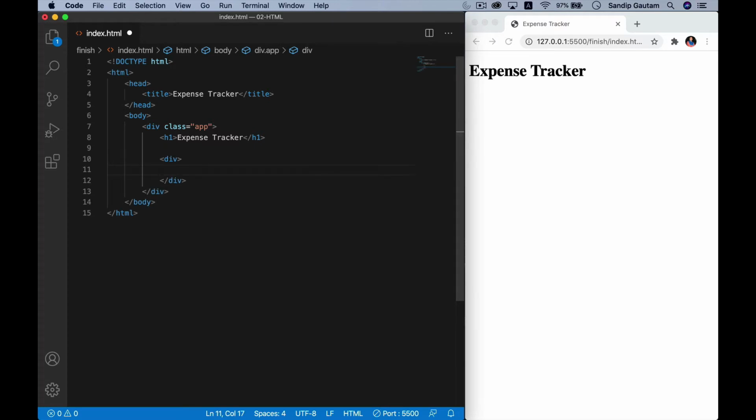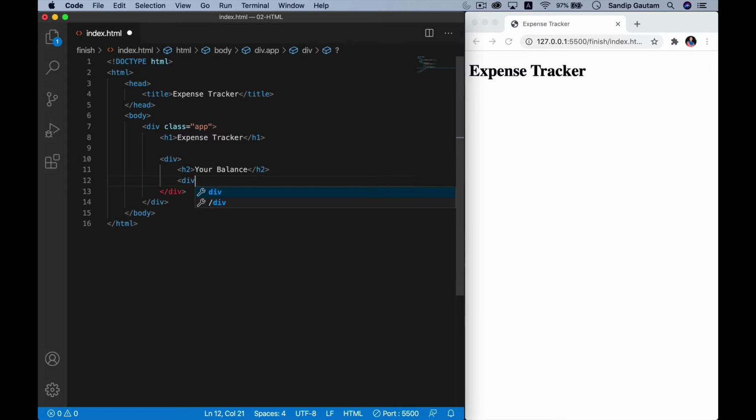So this will be our balance section, and it will appear here on the right hand side one by one, and you will be able to understand what I'm going to create. So I'm going to put h2 inside this because I have already used heading 1. Let's use heading 2 for the subheadings in our application. I'm going to call it your balance, and inside that